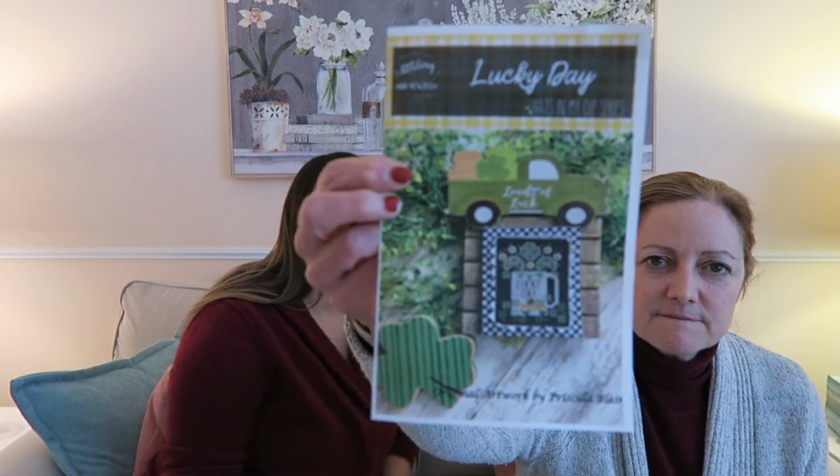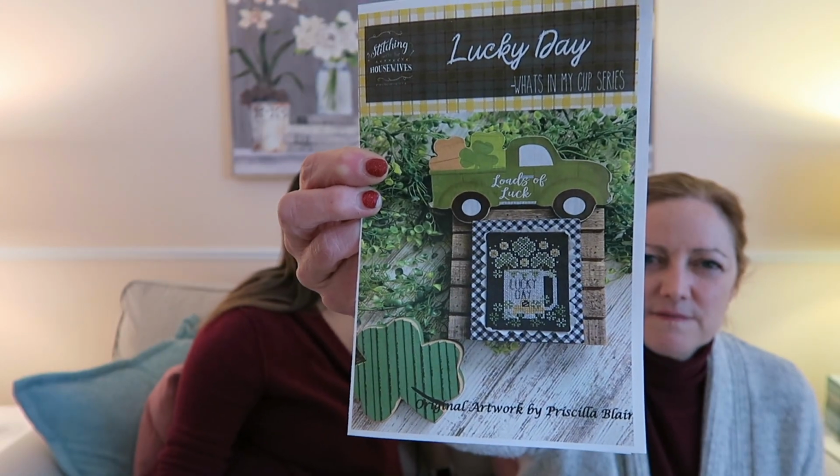So should I go into my WIPs? Because of course, saying that, I talked about the clip and the magnet bow that I have for her setup. I haven't had one of those in like a month. So I felt, hold on. Okay, so I felt compelled to get prepared for March. So I did get from Priscilla and Chelsea the Lucky Day with the clovers. Can you see that? Is that right? Okay. Yeah. Okay, and I just used what I had in my stash, and I was really excited because...